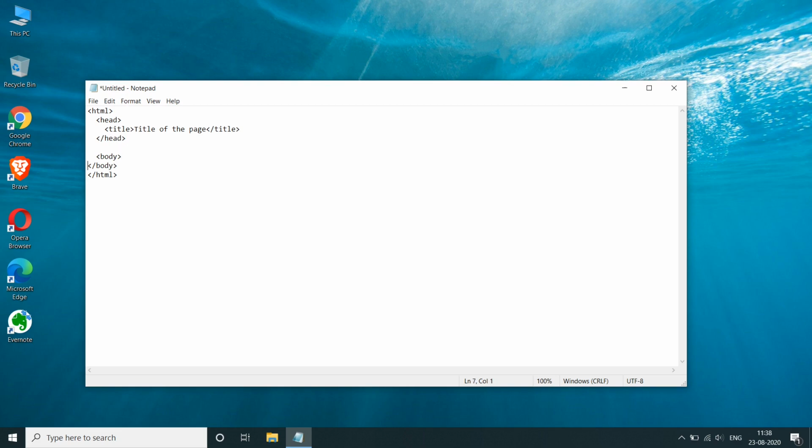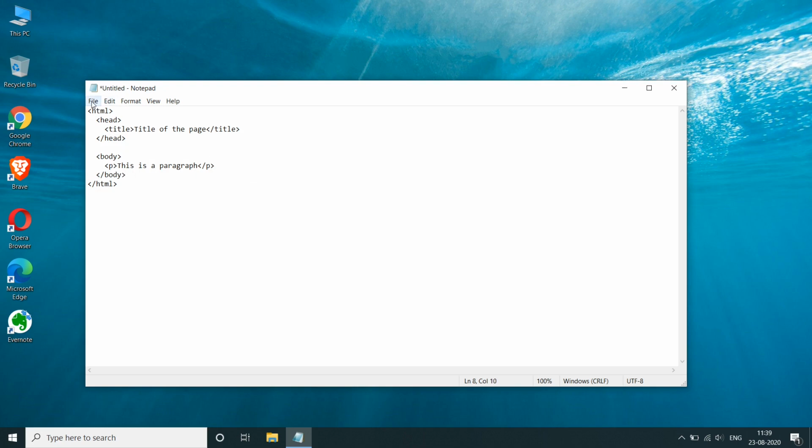And within the body tag, I'm going to say p tag, and then this is a paragraph. Okay, so this is a basic HTML file.